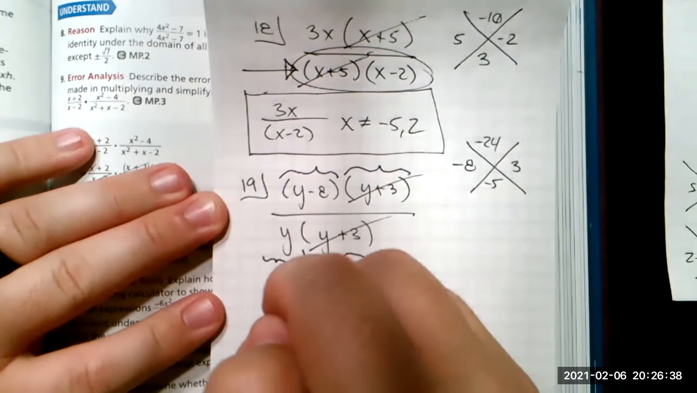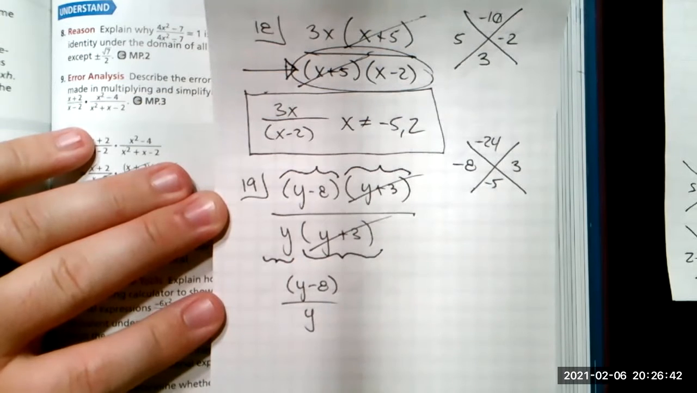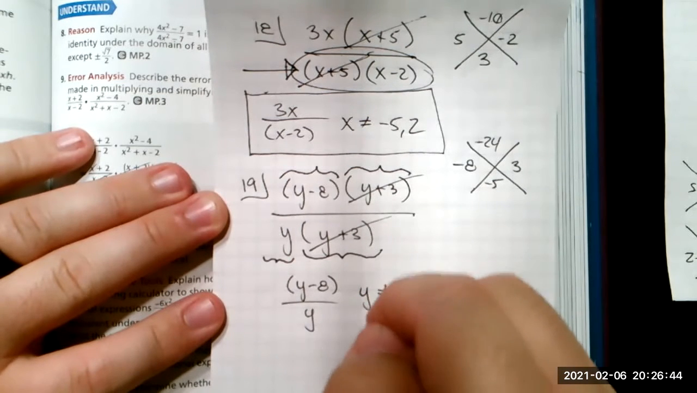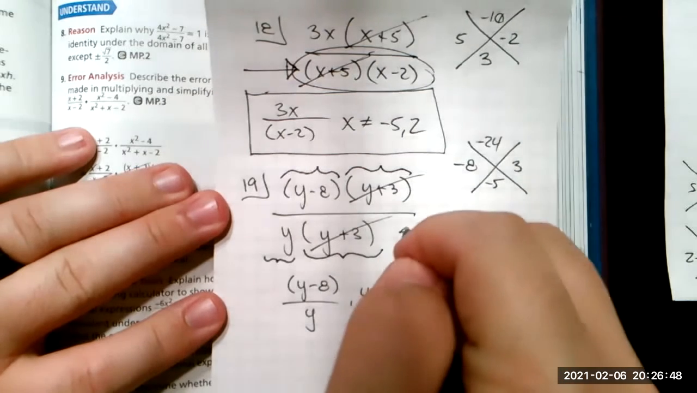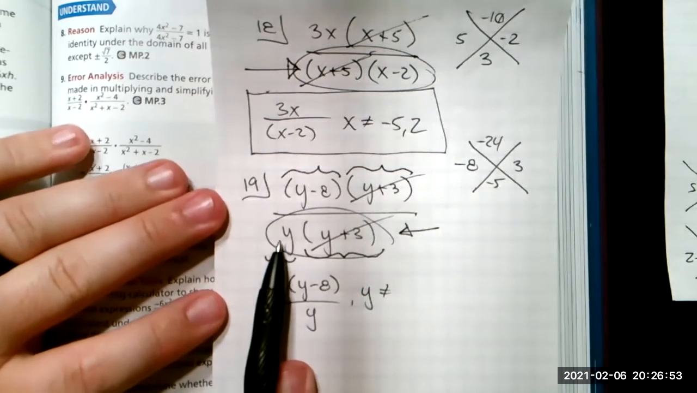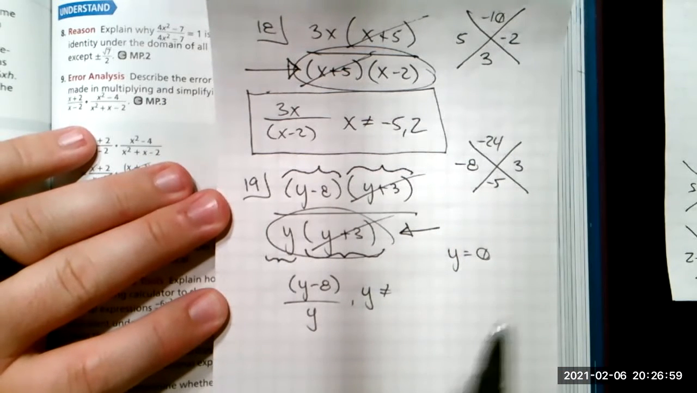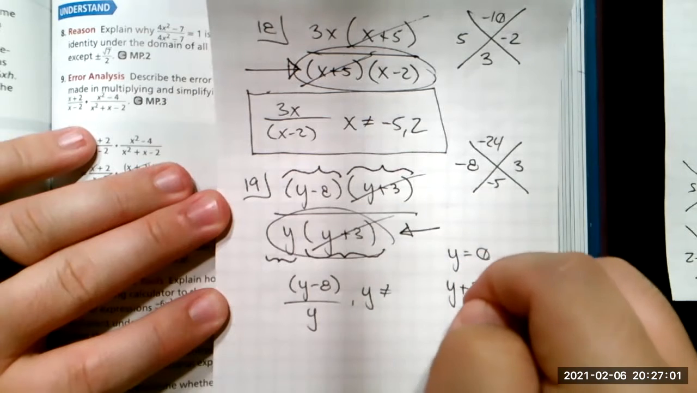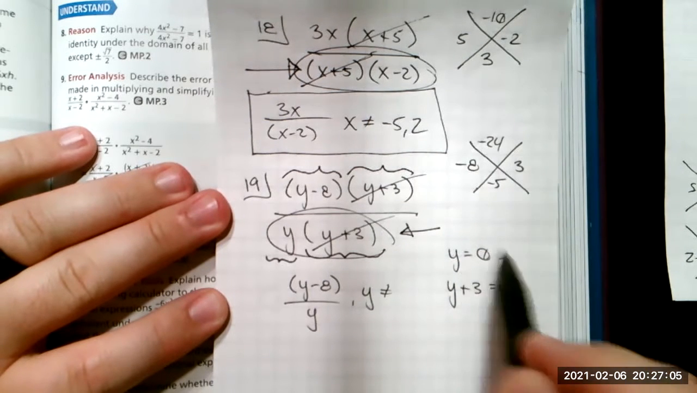So I got a y plus 3 up above, a y plus 3 down below. I think that's it. So my numerator is going to be y minus 8. My denominator is going to be y. And then remember, I have to state that y cannot equal anything that's going to make that denominator 0. So just like I said before, you can take each of these factors and literally just set them equal to 0